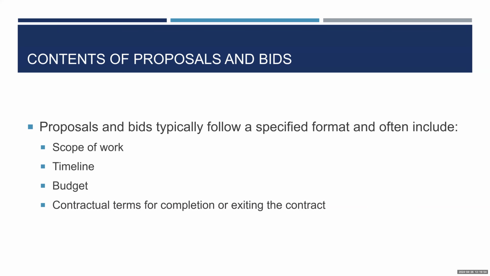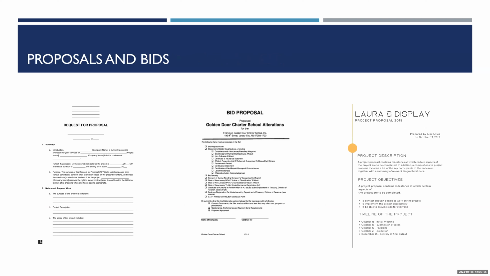Those formats are often provided by the agencies that are interacting. They specify what content must be included, and it can vary company to company, industry to industry. So we see here a couple different examples of requests for proposals, what a completed bid proposal might look like, or a company that is submitting a project proposal to be accepted for work that they would complete. So these types of templates often vary by the industry that you're in or the company that you work for, but a lot of the content remains the same in these cases.